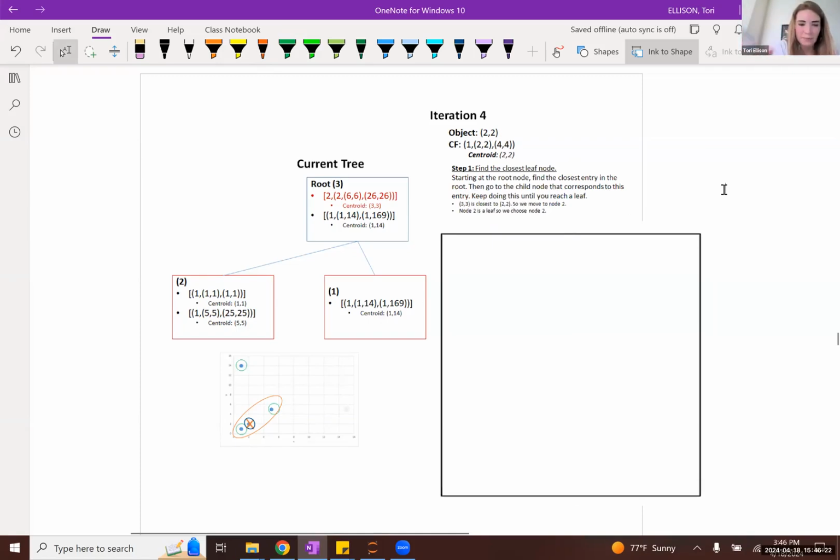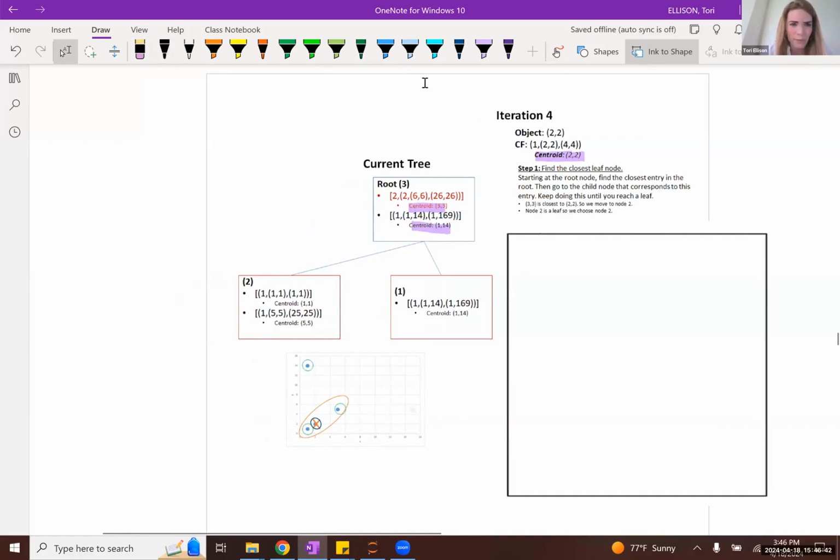Now in this case, what we're going to do is we're going to compare this centroid to these two centroids in the root node. And we're going to find basically which of these two cluster centroids is this centroid closest to. You can see that 2,2 is closest to 3,3. Basically, it's like these two centroids here. It's kind of hard to show.